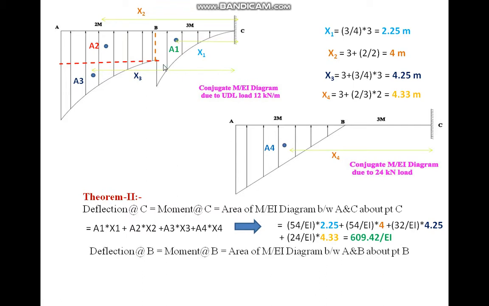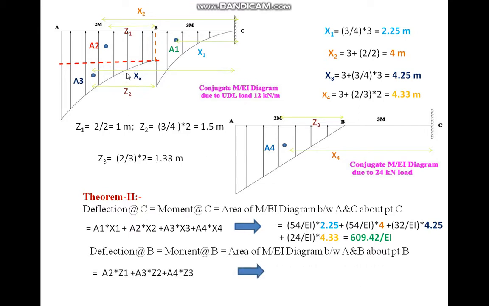Similarly, find the deflection at point B, or the bending moment at point B. You take the centroid with respect to point B. I give the names Z1, Z2 and Z3 with respect to point B. It does not go from B to C, because you only take A to B. Z1 is the base 2 by 2, Z2 is three fourths of base, which is 1.5 meters, and Z3 is two thirds of base, which is 1.33 meters.